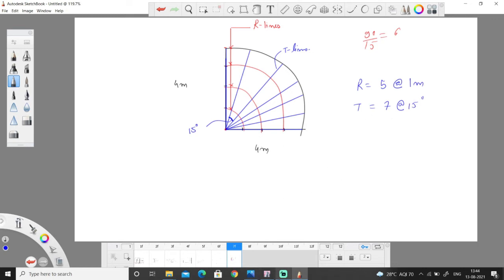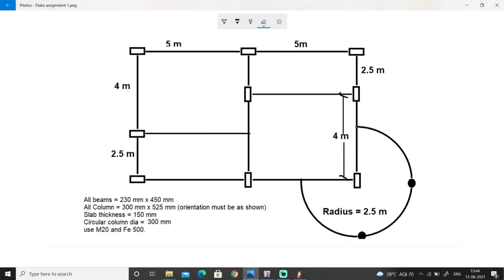Now for our example, we need to form it for three quarters, whose diameter is 2.5. So for 2.5, this is the radius. If I take an interval of 0.5, I'll be getting 5 intervals. 1 2 3 4 5, perfect.